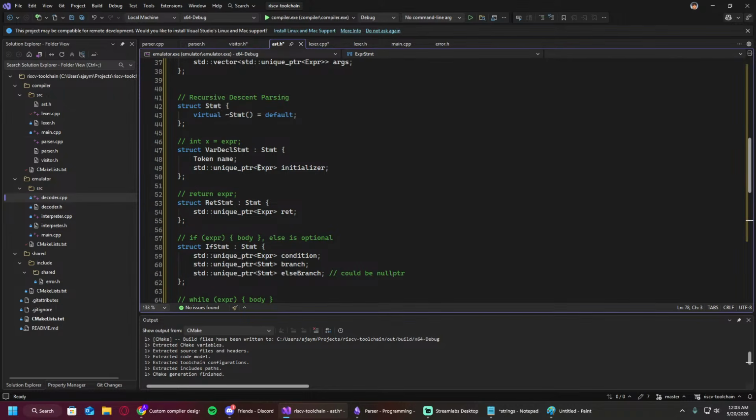Okay, so variable declaration statement, right? So, I guess it's just the expression